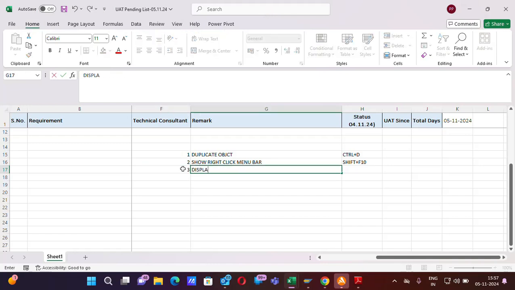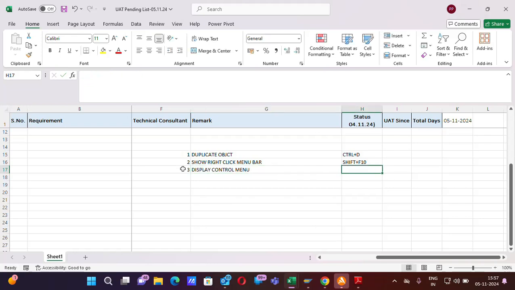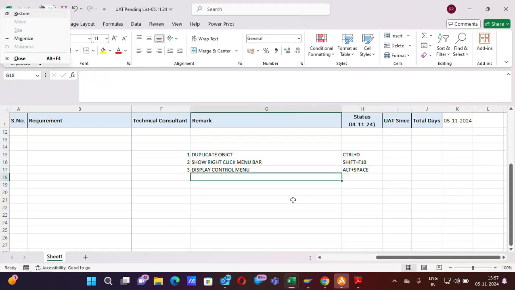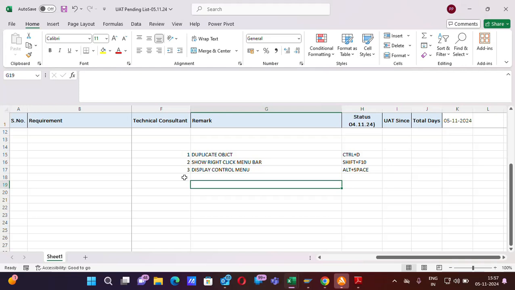display control menu. If you want to see the control menu, you can do this easily by pressing the shortcut key Alt and space together. Okay, if you want to see the display control menu, you just need to press Alt and space. Here I will press Alt and space. Here you can see the menu bar is open. Okay, great. Next one is